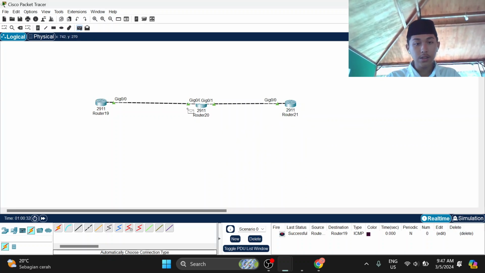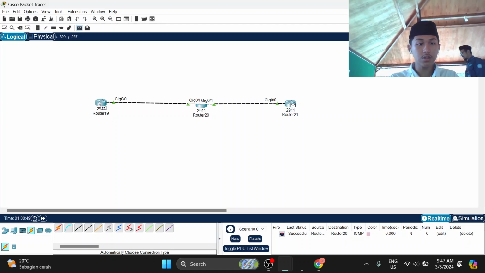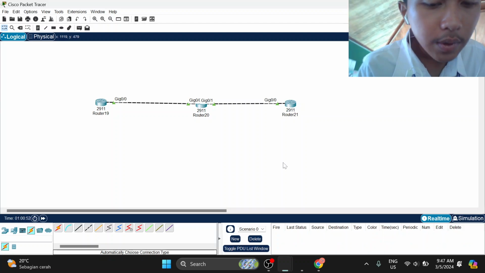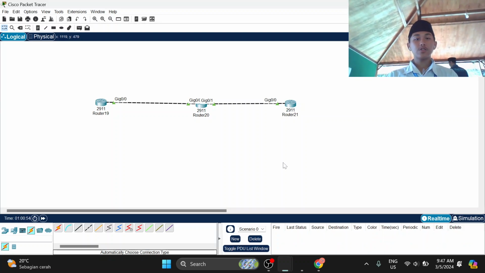Successful. From router 2 to router 3, successful. Okay, again from router 3 to router 2. Successful. Then from router 3 to router 1, successful. Okay, maybe that's all from me.